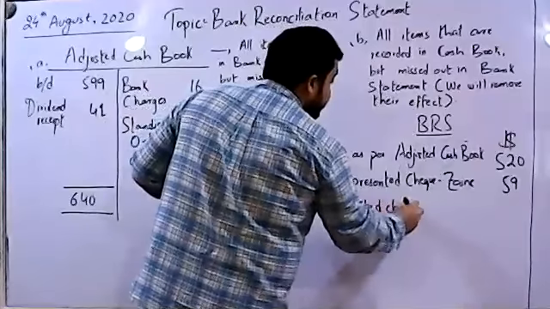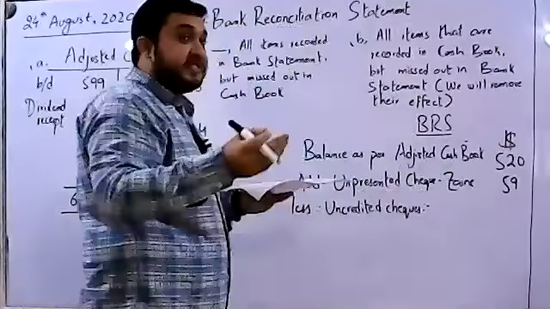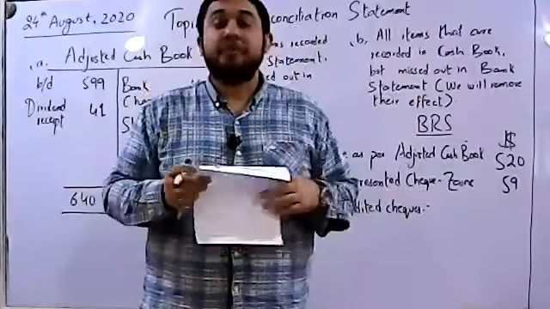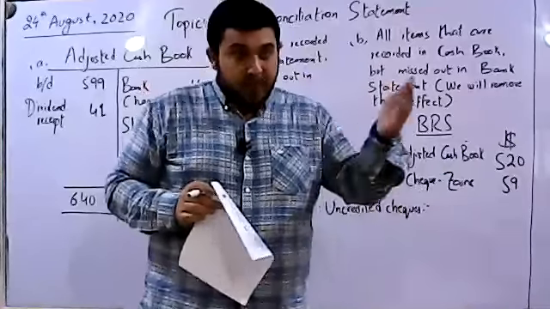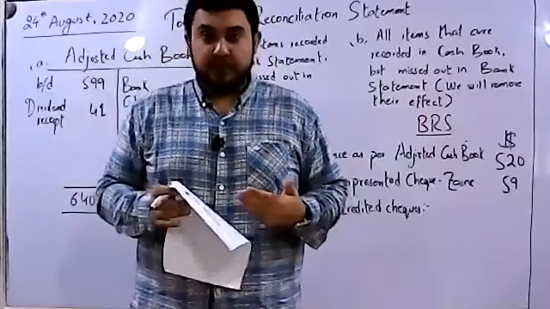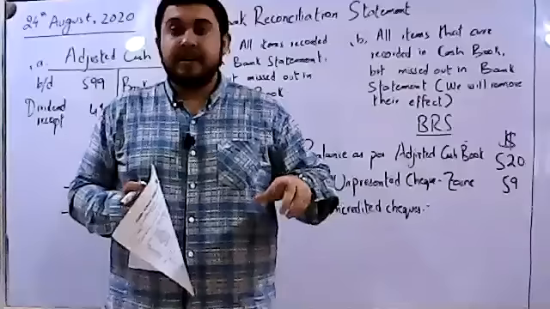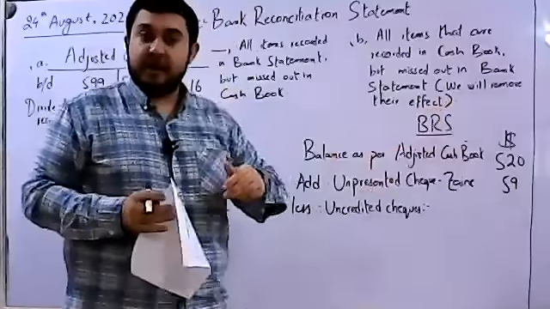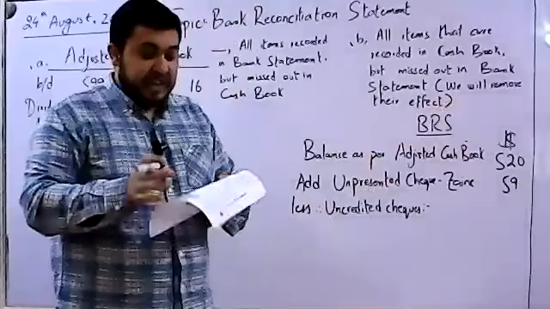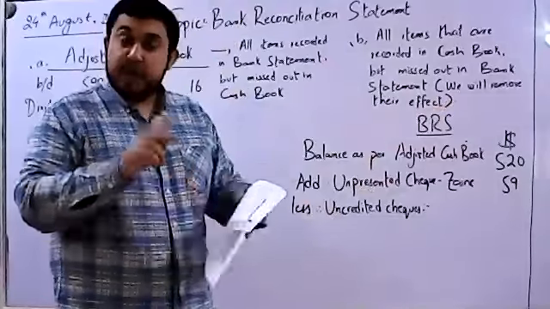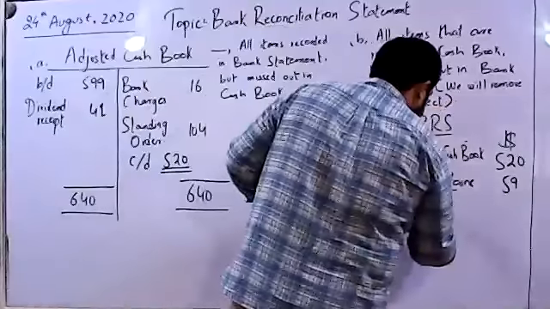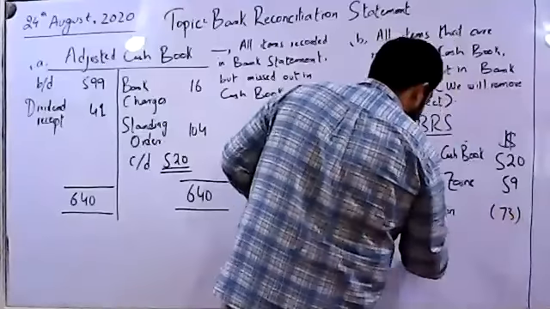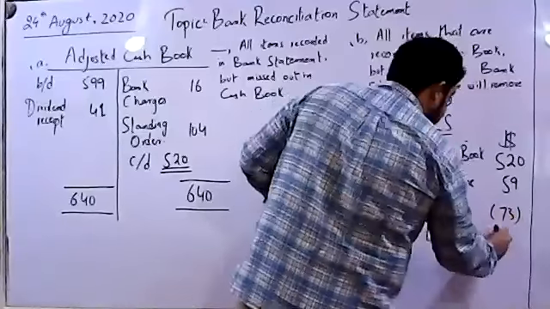Uncredited checks, all those checks which were received by the business, but the amounts have not yet been transferred into our bank account. When we received the checks, we debited our cash book, we debited our bank column. But till yet, the customer's bank has not transferred the money into our bank account, so we will remove its effect. We will deduct it. You can see they were added in the cash book because they were debited, but we will remove them now. One is from Zen, it is 73, and the other one is from Yi Ye, that is 37.